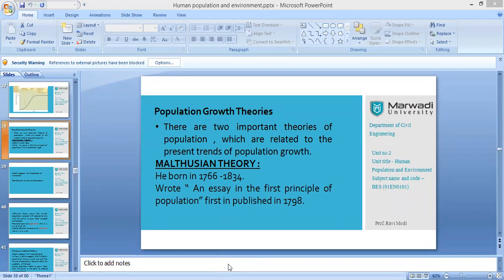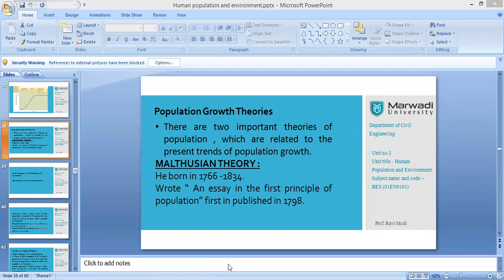I'll try to solve it. Now let us have a quick revision regarding the last week session. We first started with the population growth rate. What is the meaning of the population growth rate? It means how much the population is growing over a specific span. Span means period, and that period can be 1 year or more than 1 year. It does not make much of a difference there.